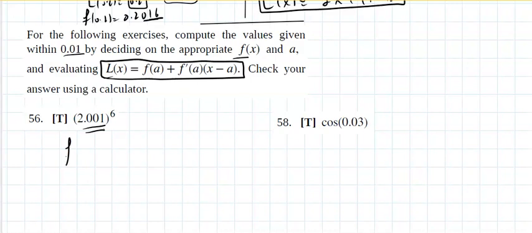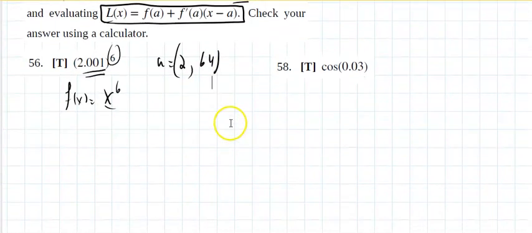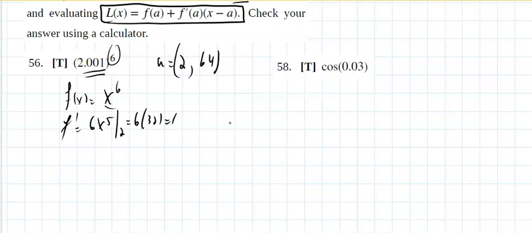So I'm going to say, let f of x equal x to the 6. And I'm going to say let a equal 2. Well, if a equal 2, then 2 to the 6, that's 2, 4, 8, 16, 32, that's 64. And if I take a derivative, that's 6x to the 5th, evaluated at 2, that would be 6 times 32. That's 160, I think. 150, no. 180, 192. Yeah, 32 times 5 would be that. So I could say y minus y1 equals m